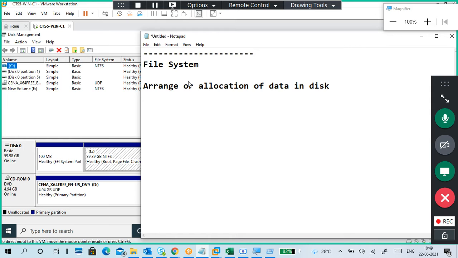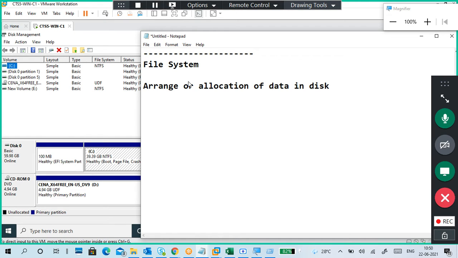Important factors are sectors and tracks. It will allocate a number of sectors as one group and allocate the data in that only. Don't go too much into that part.